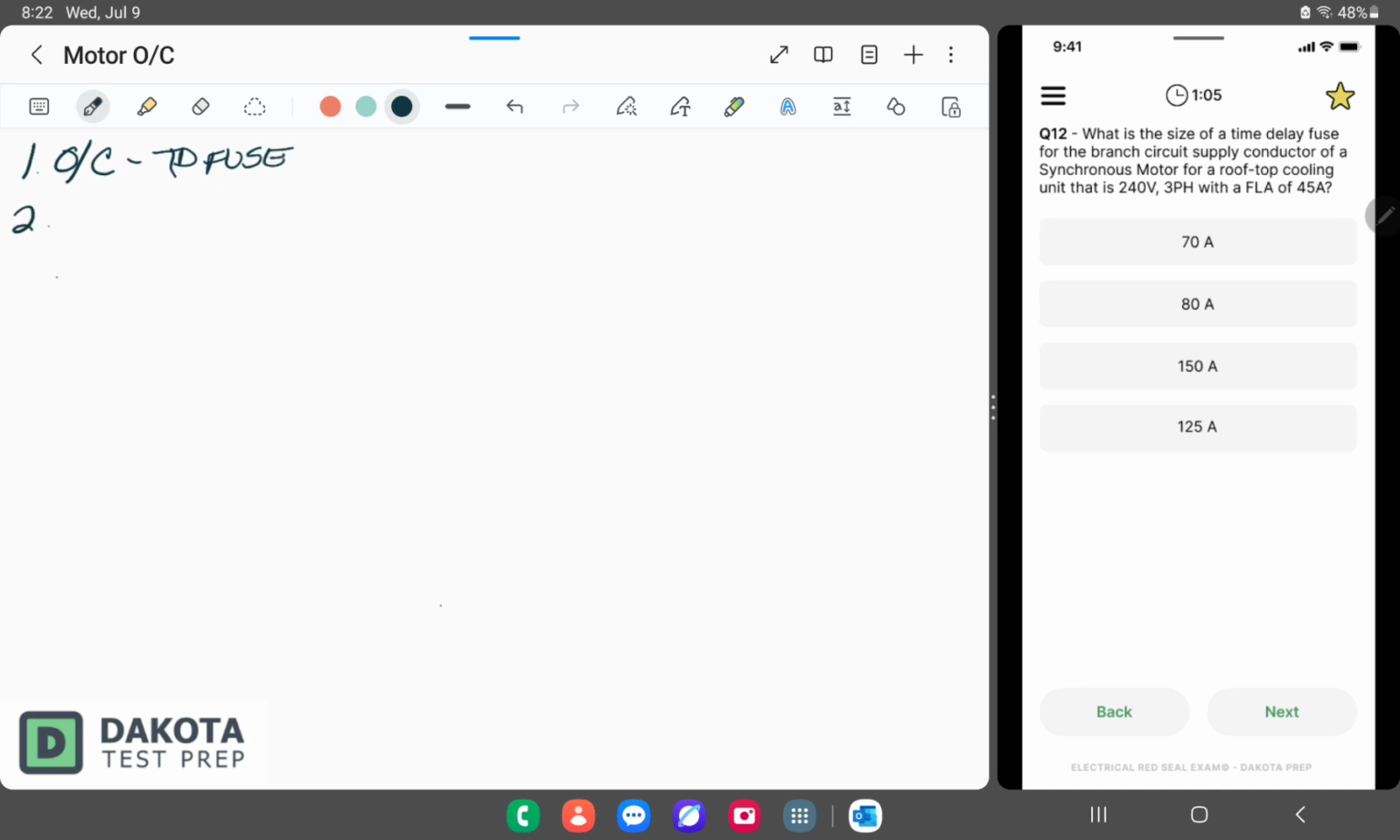What do we have? Well, we have our motor info, but as hopefully you guys remember, even though we have the information that could possibly get us our FLA, we were actually given our FLA. So we always use what's given to us. And our FLA in this case is 45 amps. The other thing that we're given, and this is the most important thing of all, is the fact that it's